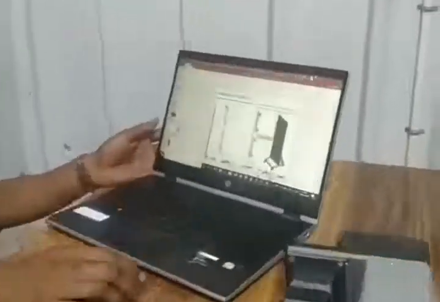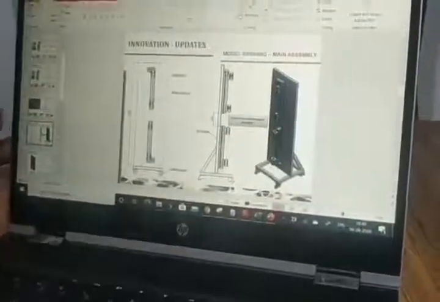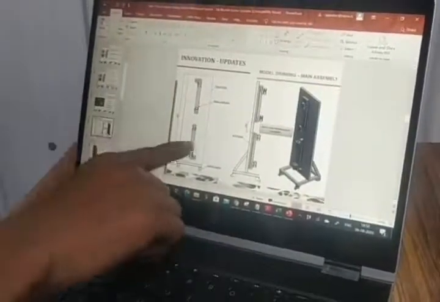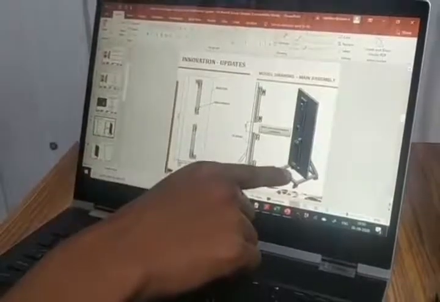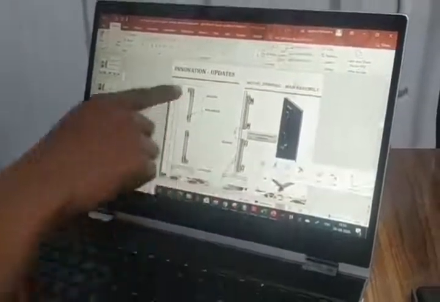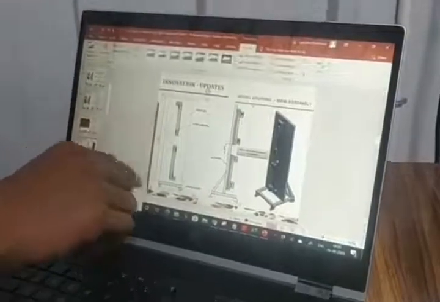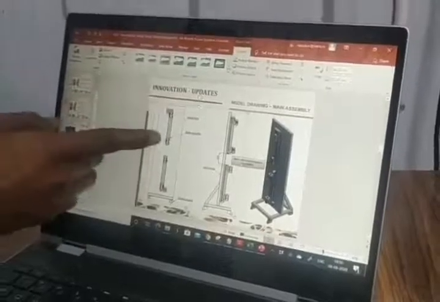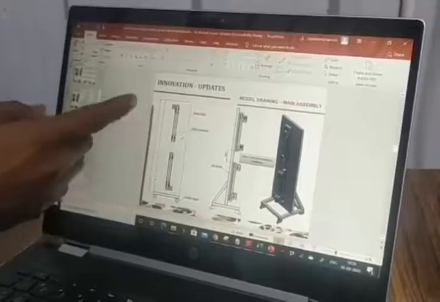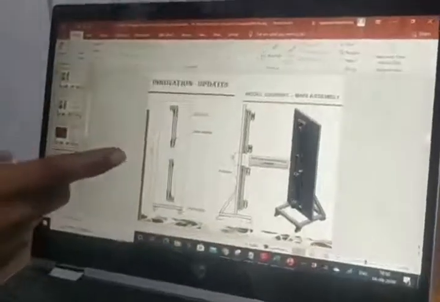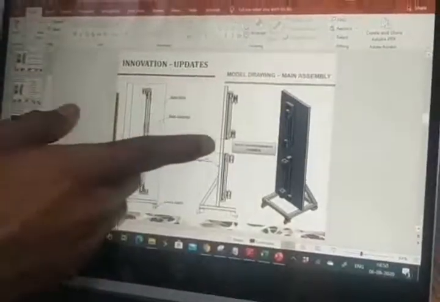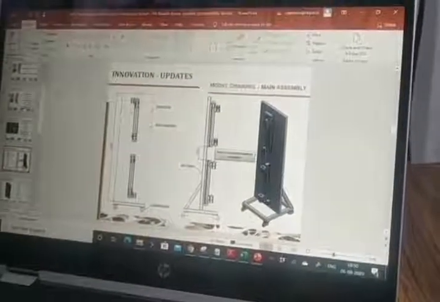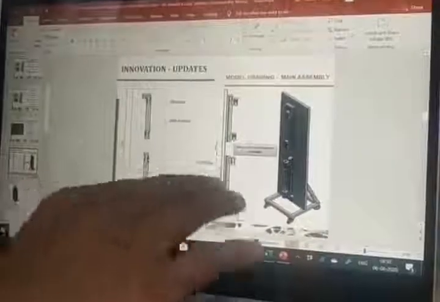And this is our design. Right now we have made some designs. This one is the side view, and this one is the 3D view of my project. These are the motors and guide rods. We are giving the force on these areas, up and down. We are using some motors here, and inside that motor, the guide rod will come under it. Here we will place the environmental chamber. In that chamber, we are fixing the hard tissue bones.